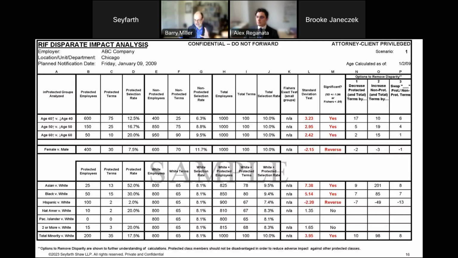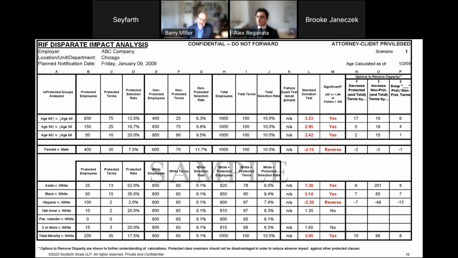Several of the topics that I'm going to touch on in the next few minutes really do emphasize the importance of this notion of a decisional unit. What that basically means is the group of people that you're looking at as possible candidates for a RIF. So a decisional unit, for example, might be a particular area of a plant, and it might exclude other areas of the plant that are doing core important work and are not going to get impacted by the reduction in force. It might exclude the C-suite, it might exclude G&A type functions. But the basic idea is you have to figure out who is being compared for purposes of the RIF, who's being selected to be laid off, and who's being retained.